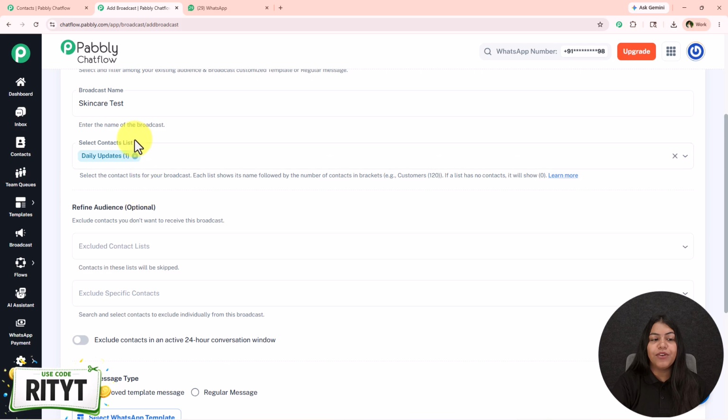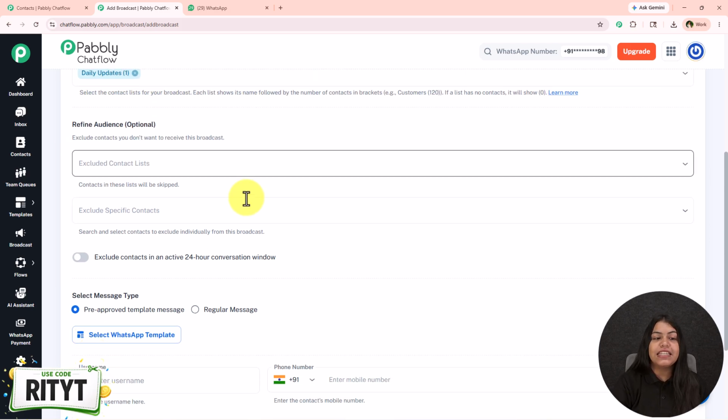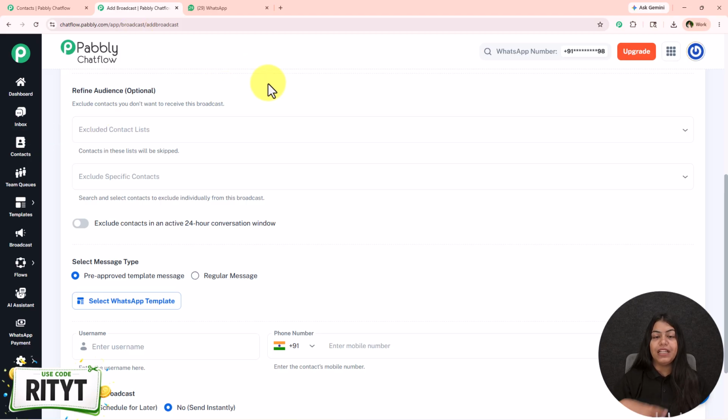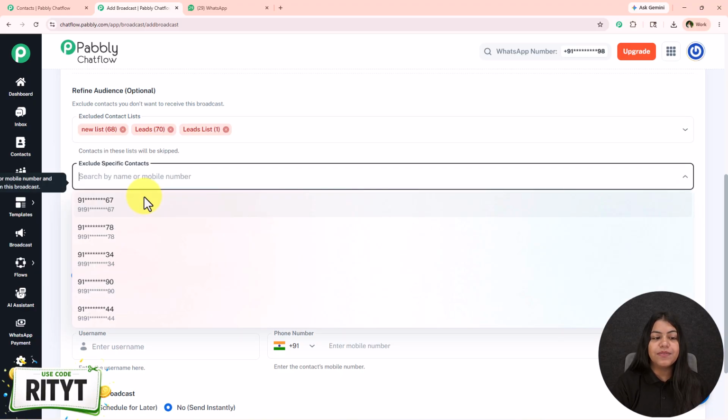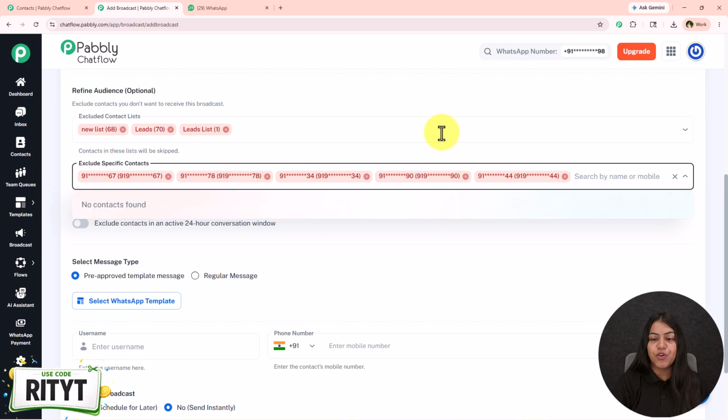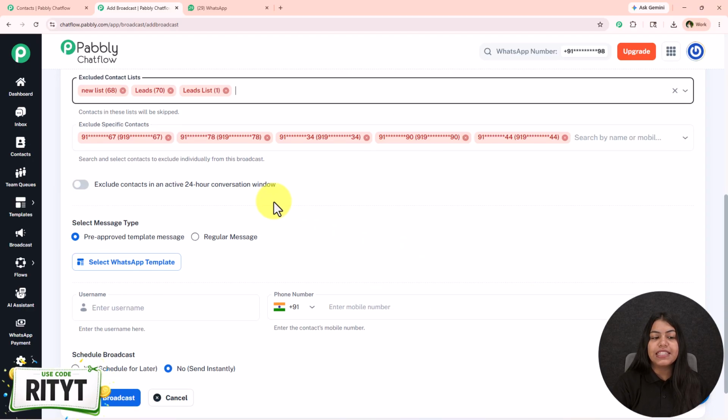I've selected my contact list right over here to whom I want to send this WhatsApp broadcast. Now it is saying refine audience. So before sending it to multiple contacts, you can just refine some audience. What you can do is you can exclude some contact list right over here. You can exclude some specific contacts according to your own choice right over here. And apart from that, you can exclude contacts in an active